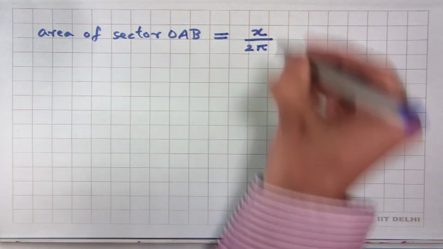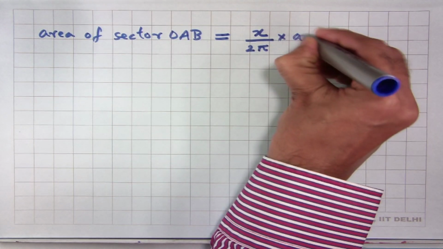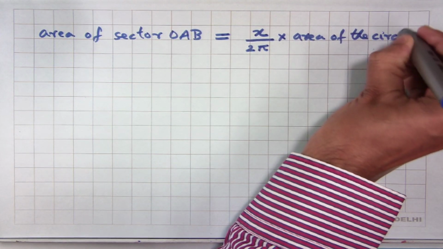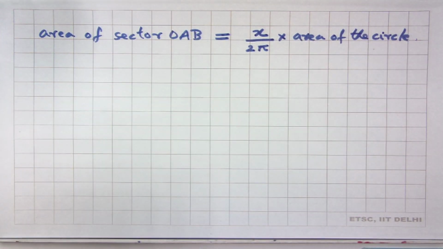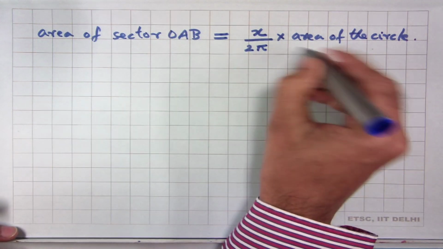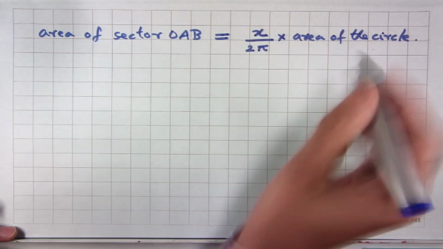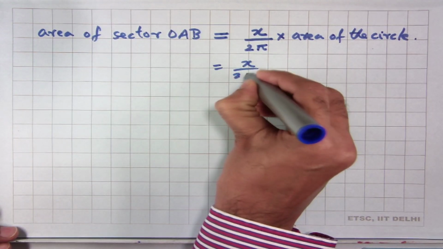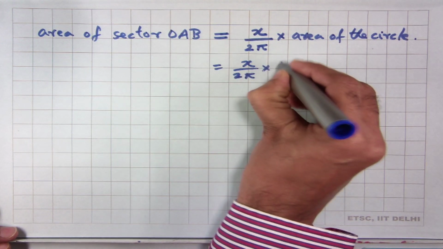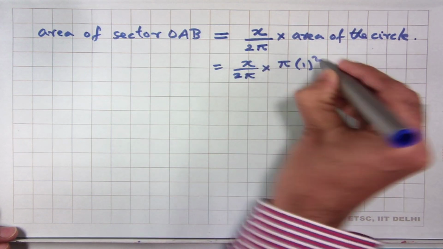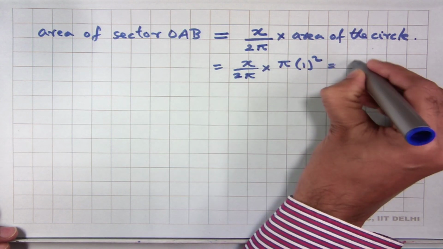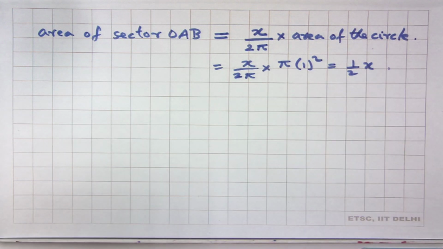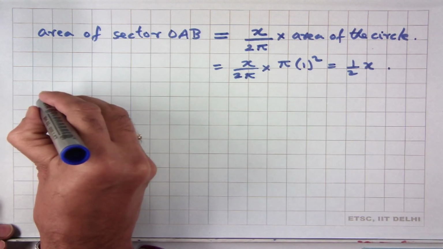So, x divided by 2 pi into area of the circle. Right. For 2 pi angle we get the whole area of the circle. So, for x angle we get x divided by 2 pi into area of the circle. So, this is equal to x divided by 2 pi, area of the circle is nothing but pi times the radius 1 squared. So, this gives me just half x. So, area of sector is half x, and we also need area of